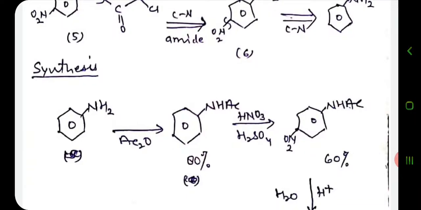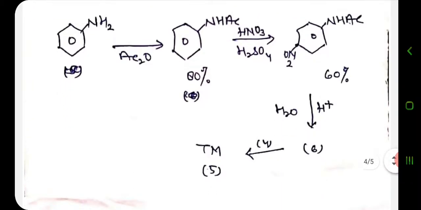Or we can say, acylate the amine before nitration. This ensures mononitration and increases the size of the amino group so that more para product is formed. Amines are hard basic nucleophiles, and so the compound 6 will attack the carbonyl group and not the alpha group, and we will get the target molecule, which is our first molecule.